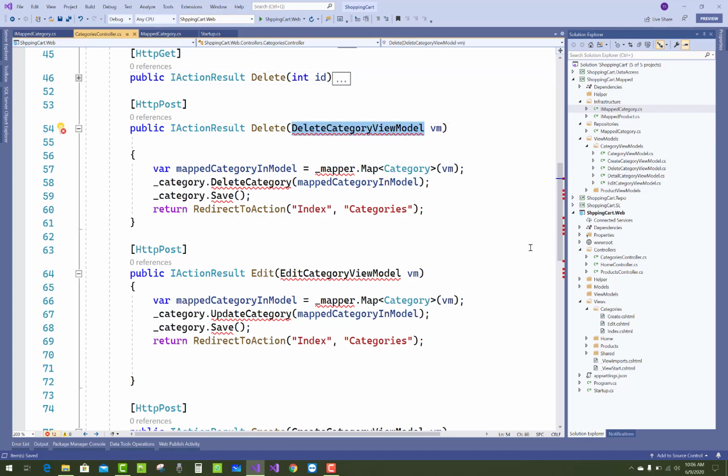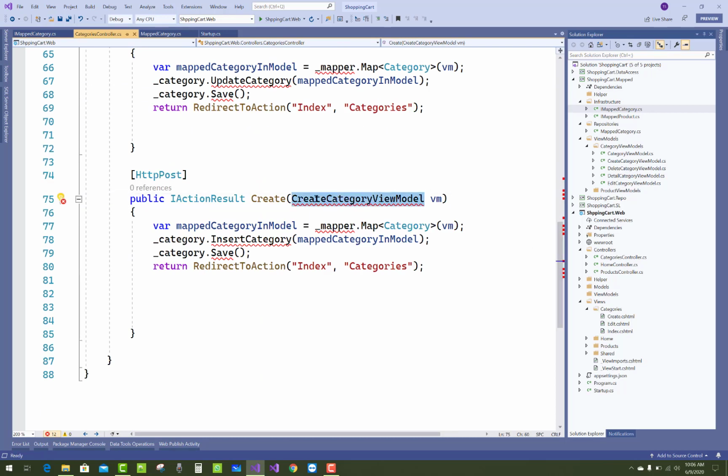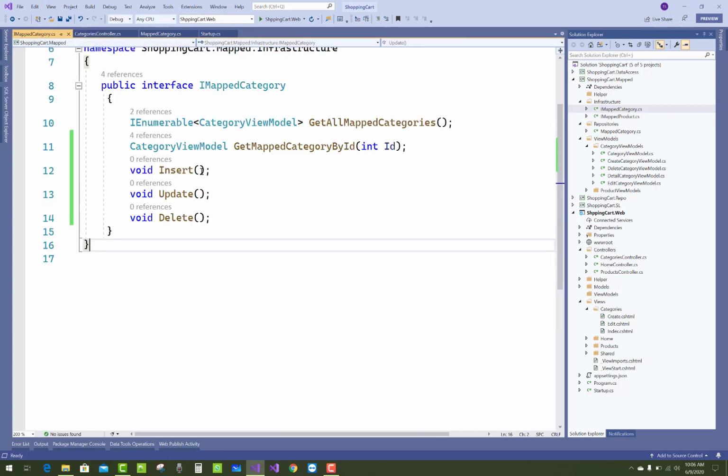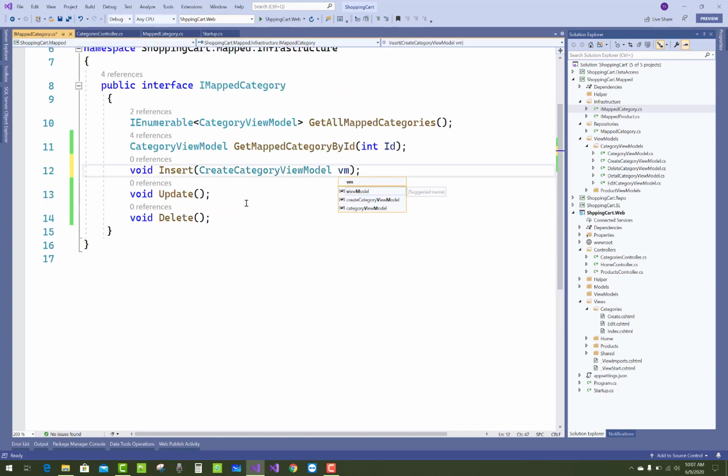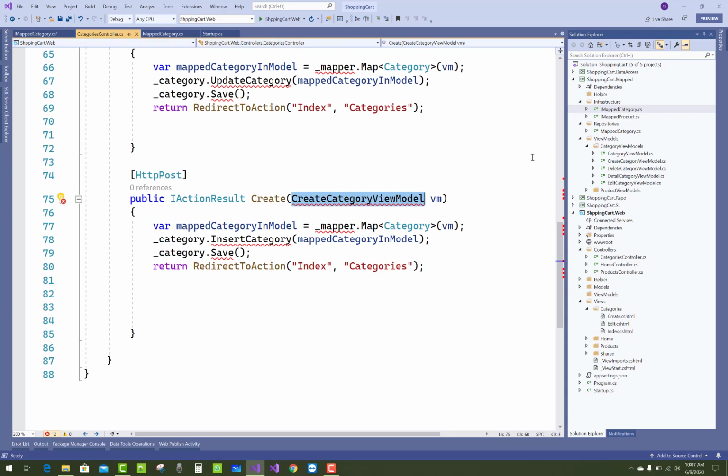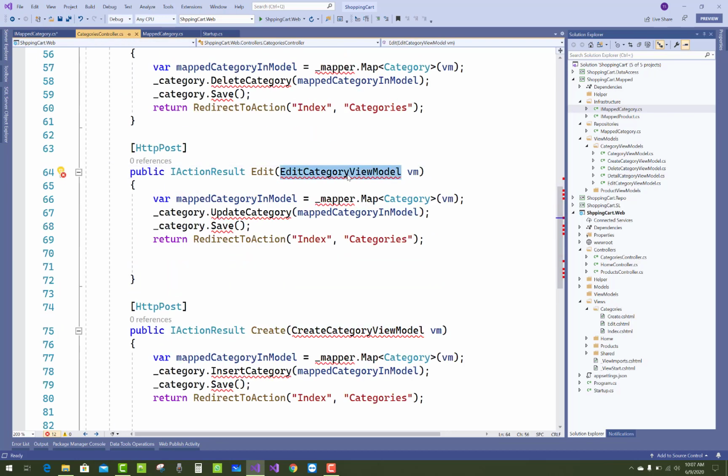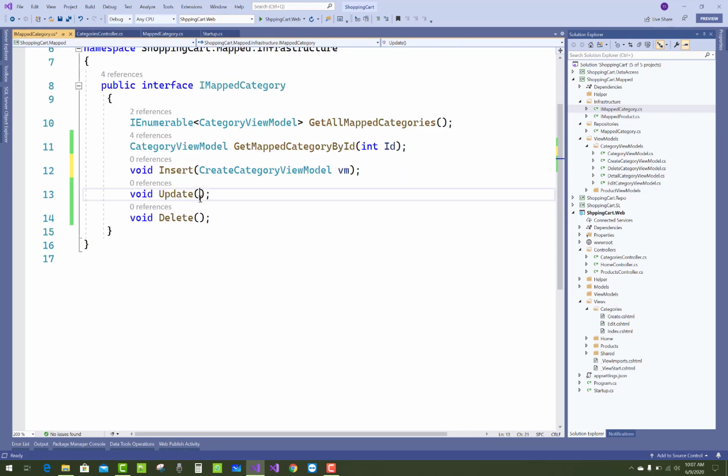Here we have DeleteCategoryViewModel, CreateCategoryViewModel and EditCategoryViewModel. In the insert method you have to pass CreateCategoryViewModel, and in the edit section you have to pass EditCategoryViewModel.